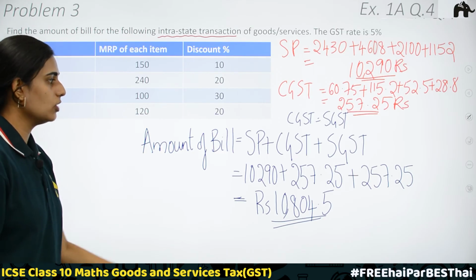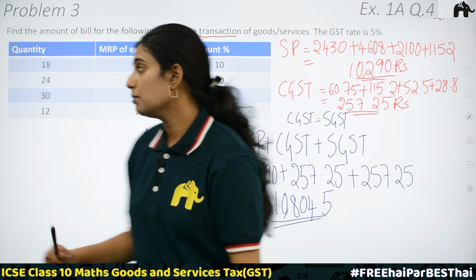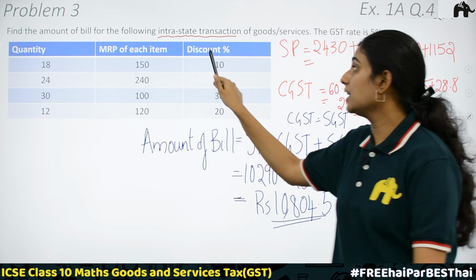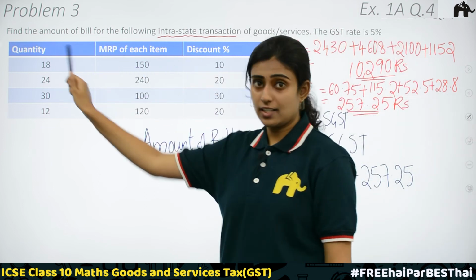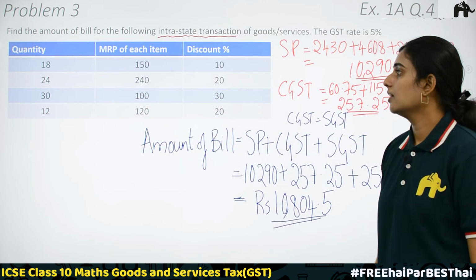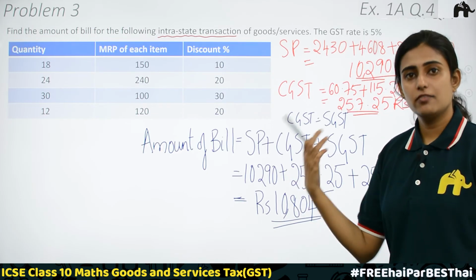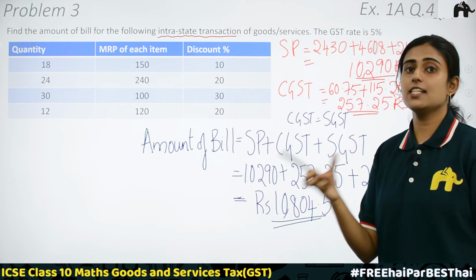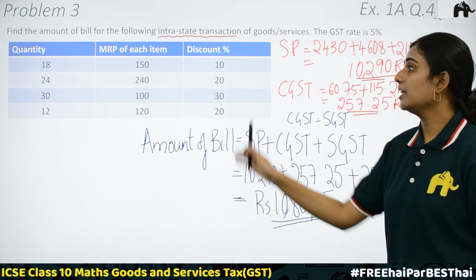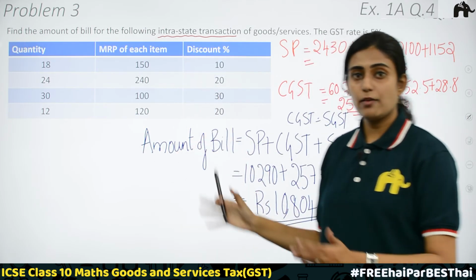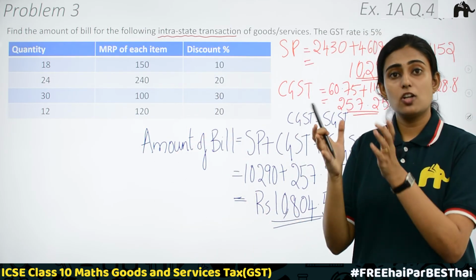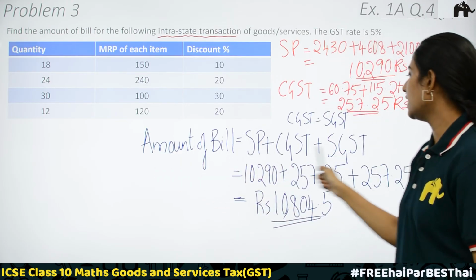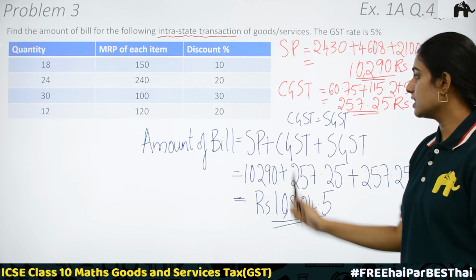We know how to do the calculations. Here first thing, remember the total price, you just can't take the mark price. You have to multiply this mark price and the quantity. After finding the total price, we have the discount. Calculate the discount. Calculate selling price. Calculate CGST, SGST. After finding for each case, you will have to sum up the total selling price, total CGST, total SGST, and to find the amount of bill, you will have to add all these. In this question, the final answer is